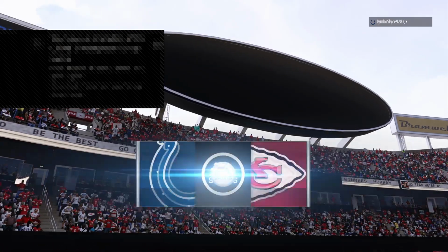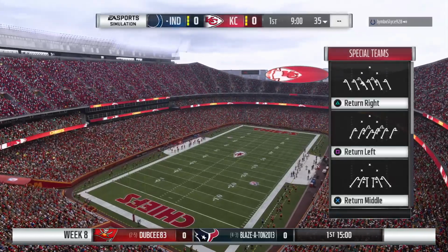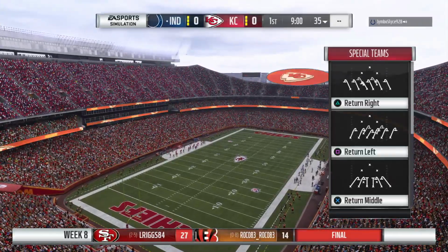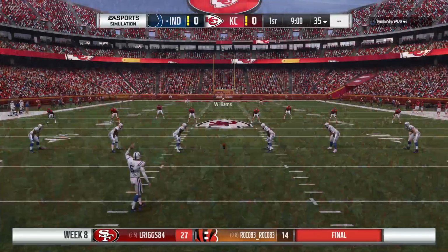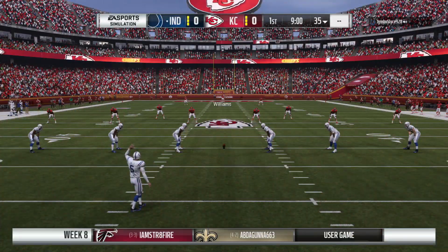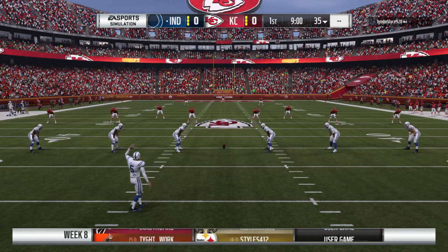Arrowhead Stadium here in Kansas City. Nothing like the fanfare of introductions to an NFL game, and that was in evidence a moment ago. Fireworks, pyrotechnics, you name it. This crowd is ready as their guys get set to match up between the Indianapolis Colts and the Kansas City